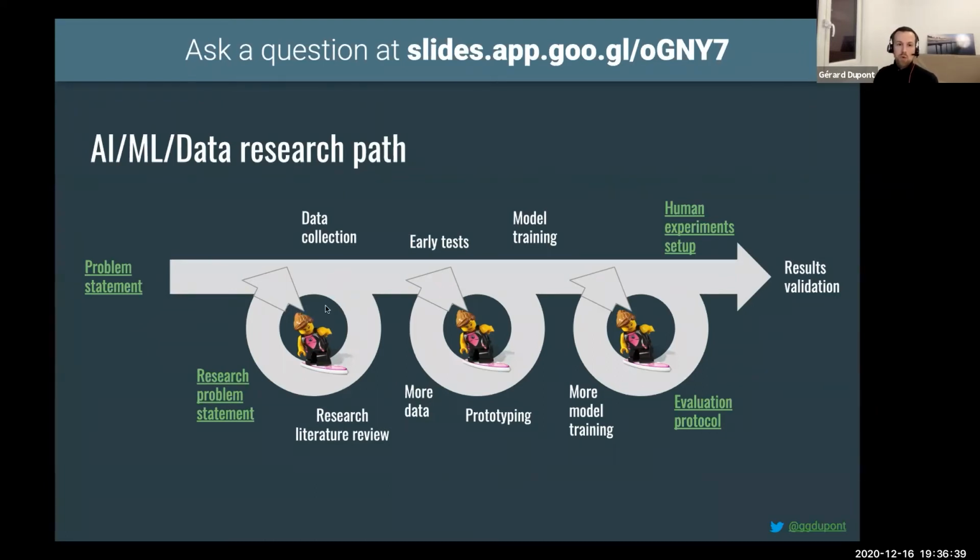So the first loop is about redefining your problem. You have the industrial problem at the beginning, but then you have to transform it into a research problem, into a data problem, I would say. So it's a back and forth between collecting information in the literature and collecting data from your domain. It's actually a very relevant task, because at the end, you know exactly what kind of problem you can target, and what kind of data, and hopefully you have also already collected a dataset to address this problem. So you don't have a solution, but you have a very clear target at the end of this loop.